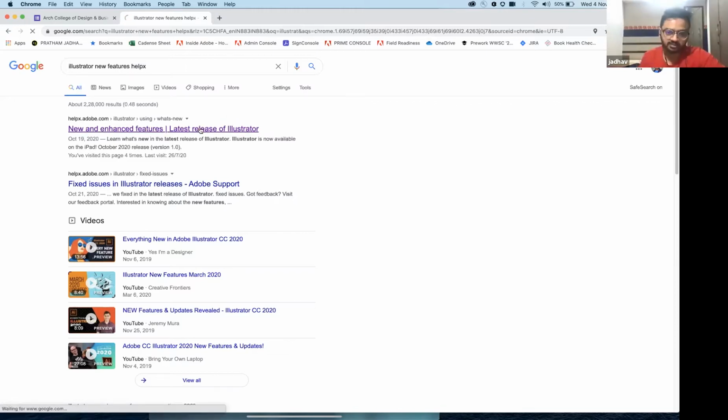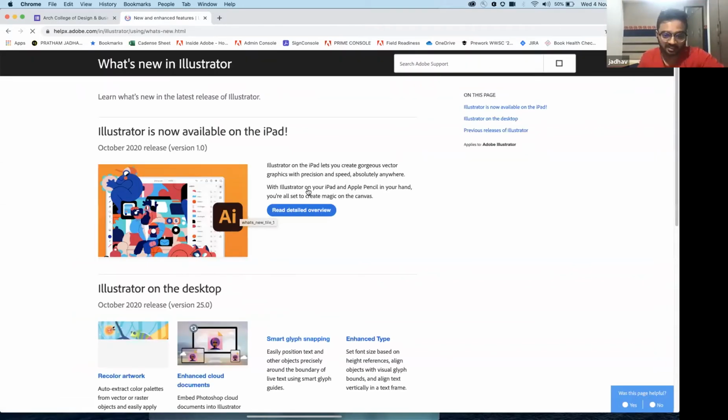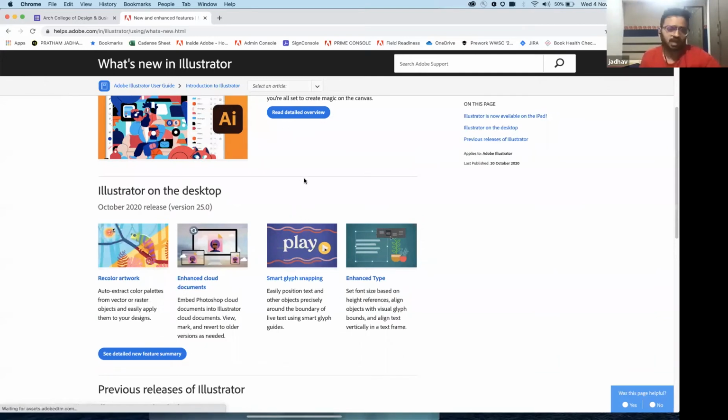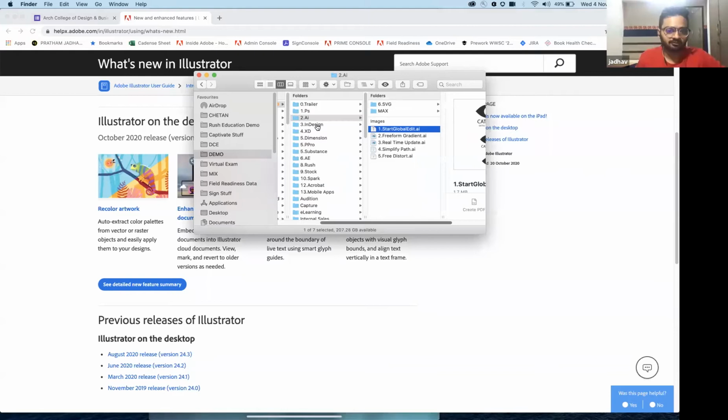Similarly, you can see for Photoshop and all the other Adobe applications. If you click on Illustrator in this example, you see that different options are available, like Illustrator for iPad. You click on the detailed overview and it will show you the recolor artwork which I was able to show. There are other features available, like now your snapping has become better, and your typing options are available. These are enhanced type tools. But I am stepping on to other features, but these are some features you can explore yourself as a self-study. After the session, I really encourage you to come to the HelpX articles and explore some of the other features. Okay, so I think it's a good time for me to hop on to InDesign.